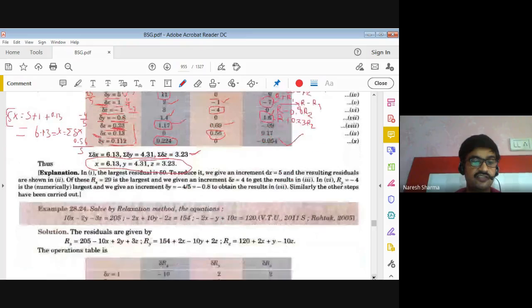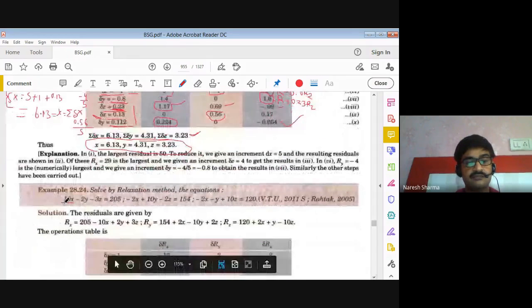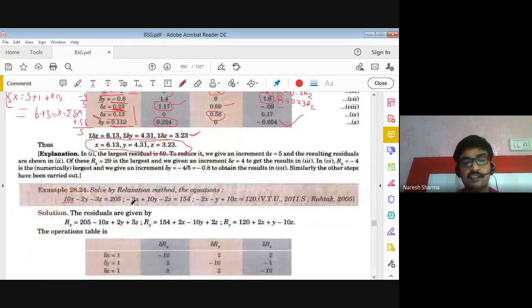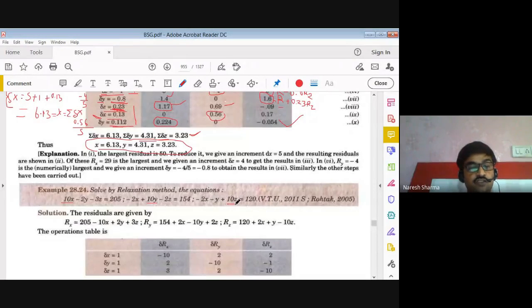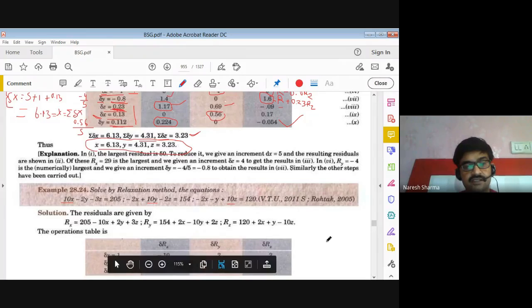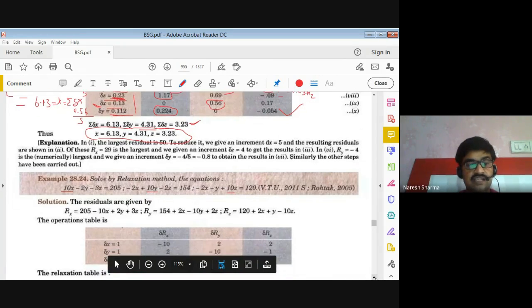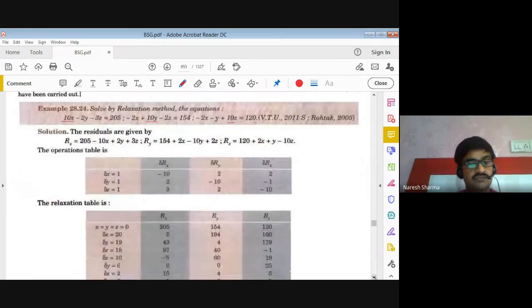Always the coefficient of x should be a maximum as compared to the second and third row in the first row. Similarly, in the second row, the coefficient of y should be maximum, and in the third row, the coefficient of z should be maximum. That we also follow in Jacobi and Seidel, right? We prefer this in the elimination method also, the Jordan method also, just to avoid the pivoting, right? So you can try other examples yourself, right? If you have any doubt in this, you can just let me know.